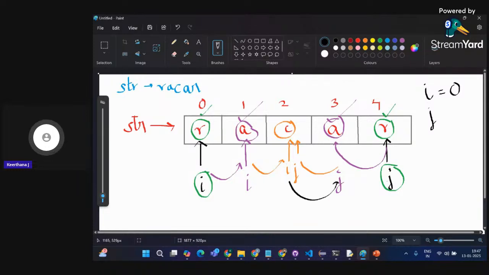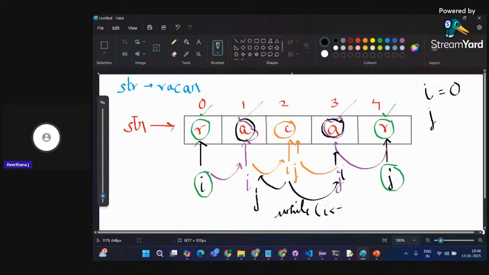Now my I comes here, I becomes 3, and my j becomes 1. There is no point in checking again whether the characters at I and j are the same, because those indexes have already been checked. So I'll be writing a while loop until my I is less than or equal to j.